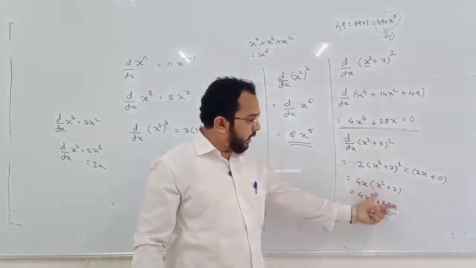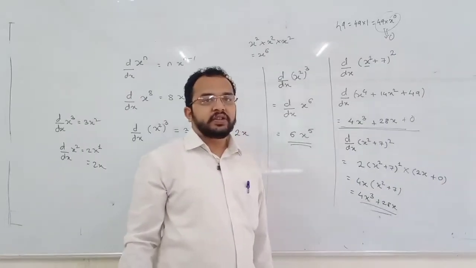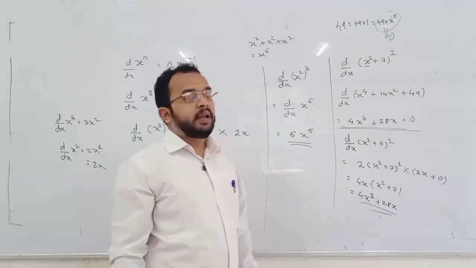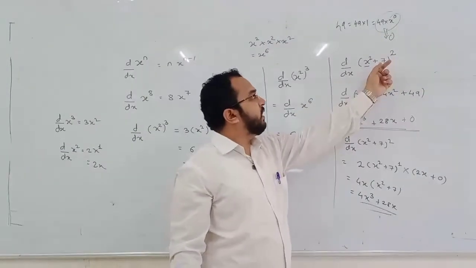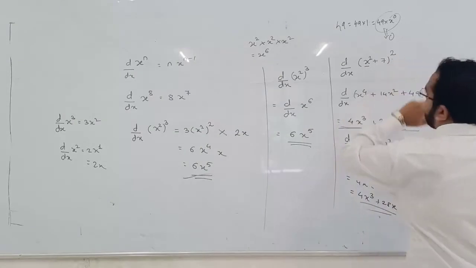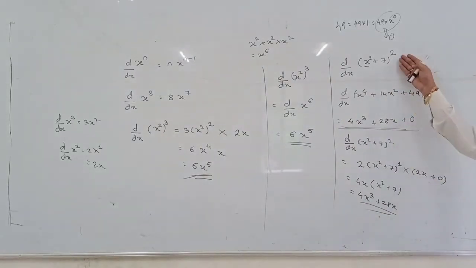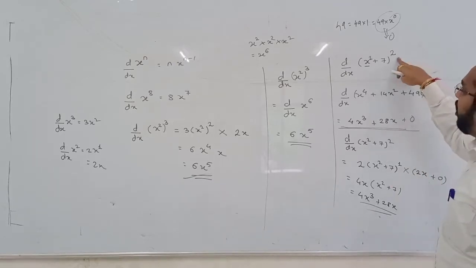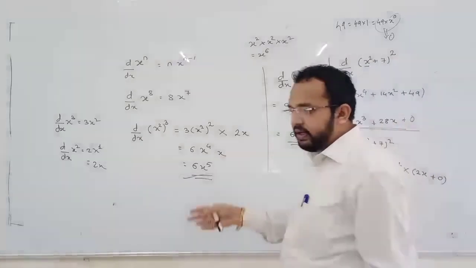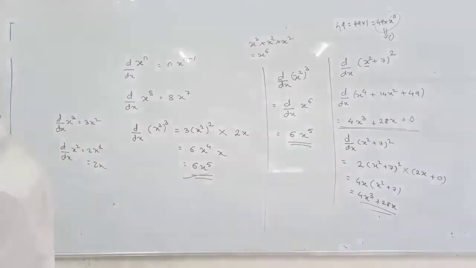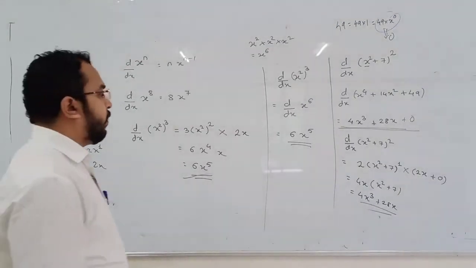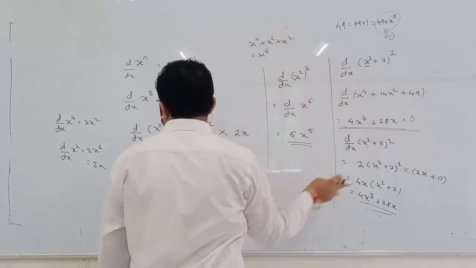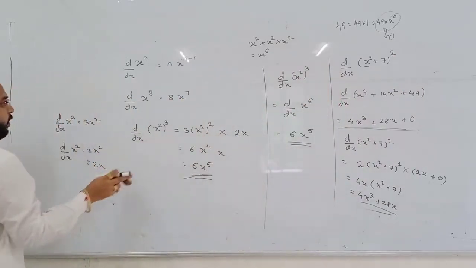Now here we don't need chain rule. We use chain rule here, but we don't need chain rule as we can easily open this bracket because here 2 is there. But here a plus b का whole square है, so we can easily open this bracket. So we don't need chain rule. But if something other than 2 is present, then we need chain rule. For example, here's a rule here. Okay, pause the video and write everything.